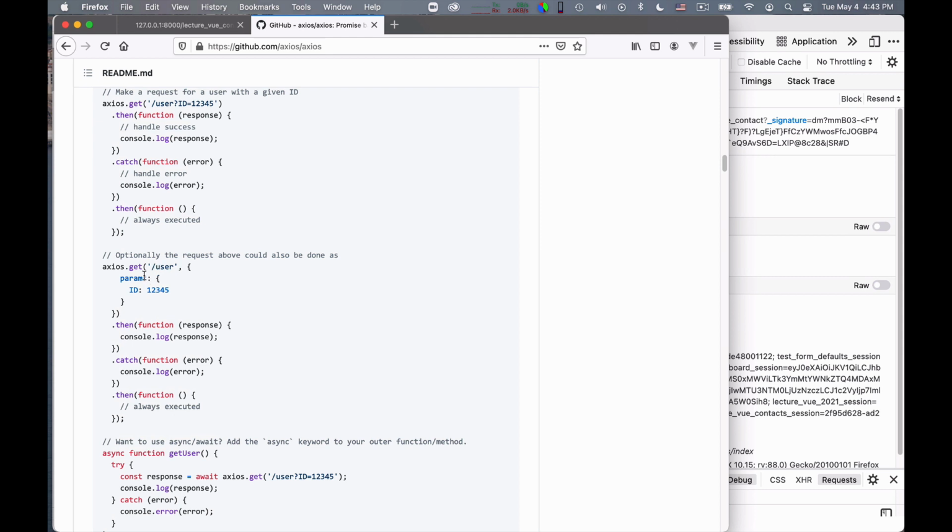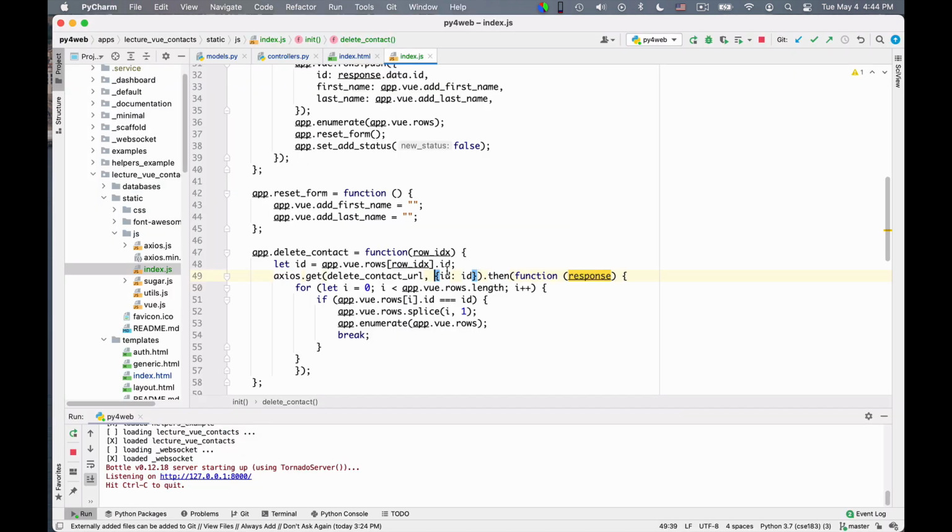Here, it wants these params. So you need to send a dictionary containing a dictionary of parameters. It's really a bit awkward, but there is no other way around. So instead of doing this, I need to send a params dictionary of parameters. Go figure. But hopefully this will keep it happy.